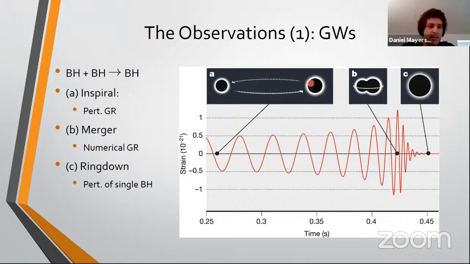And typically what we see is the in-spiral and merger of two black holes, right? You might also be interested in neutron star mergers, but let me focus just on black holes. This picture is the waveform, the actual gravitational wave that we detect, if you will. And what you can clearly distinguish is three phases. The first is the in-spiral phase, where the two black holes are still quite far away from each other, spiraling around